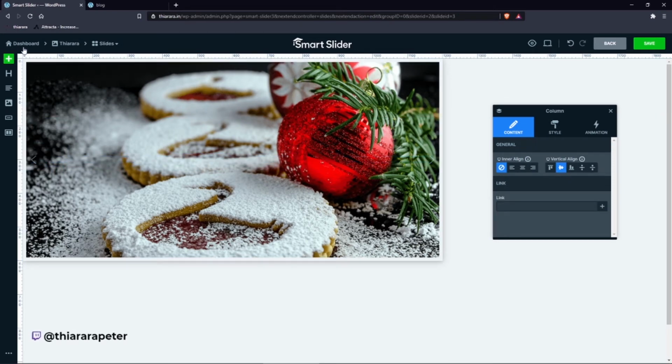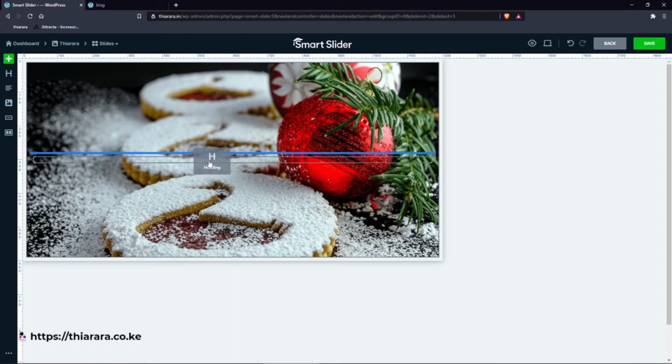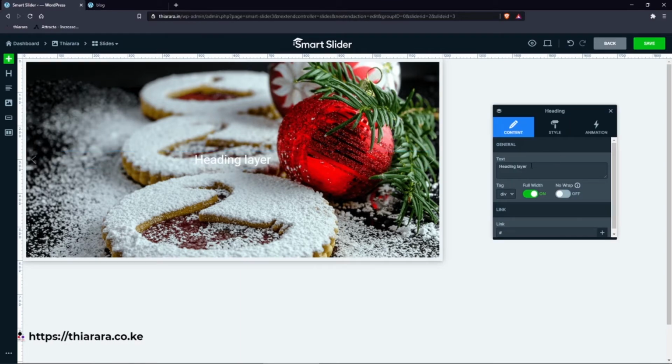I just deleted it by mistake, so let me drag the heading here. Once you drag and drop it, this option changes. Now you can change it. I want to say